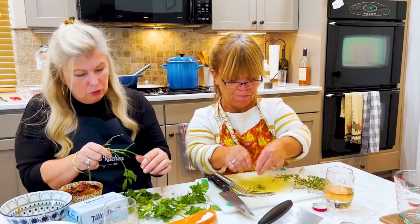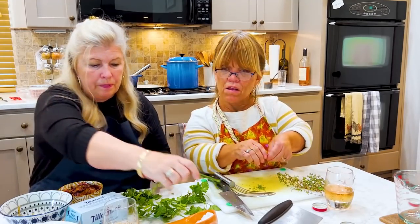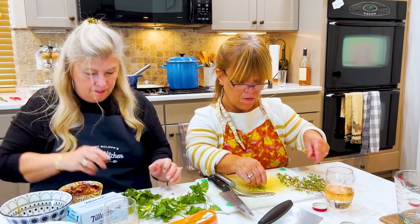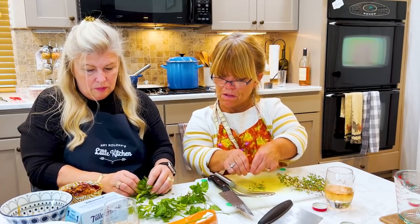But I'm using fresh thyme here. And so I think when you use dry, I think 1 teaspoon, maybe a little more may work. Depends on, you know, how seasoned you want it. Oh, I don't know. 2 tablespoons of parsley. Well, what I was thinking about,